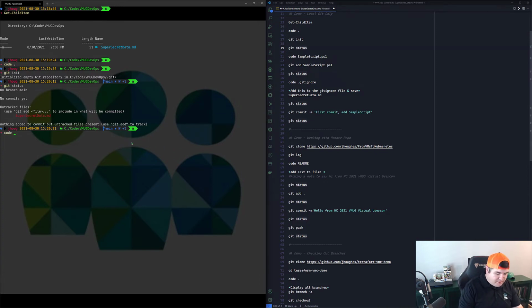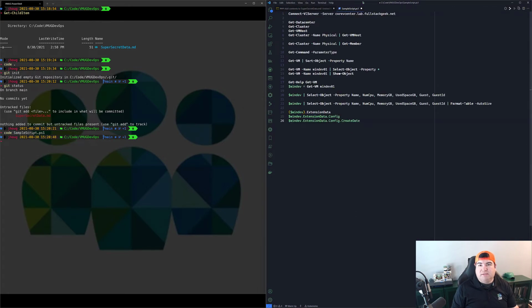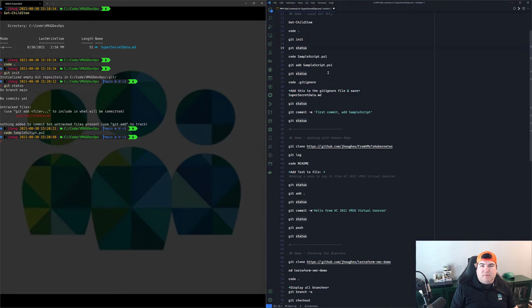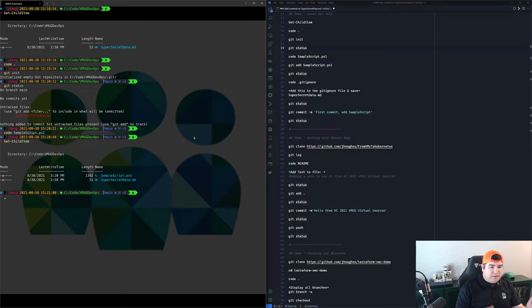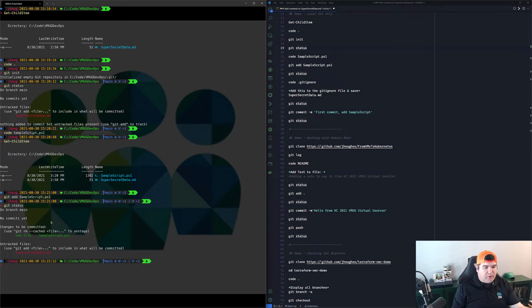Now what we want to do is put a file in here. So we're going to create a file, samplescript.ps1. We're going to just paste in the script that we had from our PowerCLI demo and save this. So now when we run another Get-ChildItem, we're going to see we have these 2 files here, right? What we want to do is add this samplescript.ps1 to Git so that it's now tracking this file. And if we run a git status again, we will see we're on the main branch. There's one change to be committed of a new file for samplescript.ps1, and we still have our untracked file of